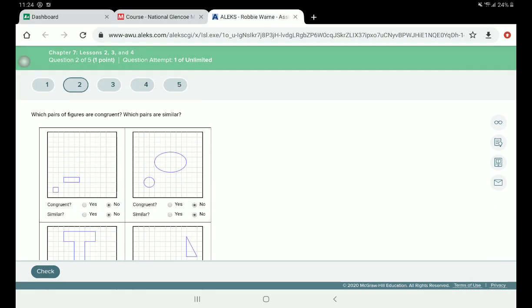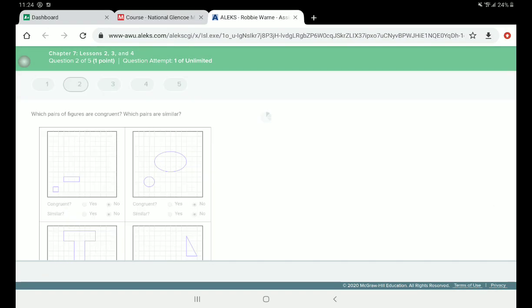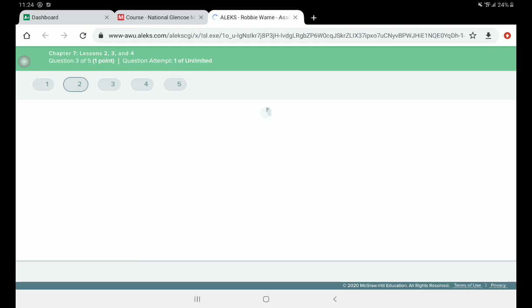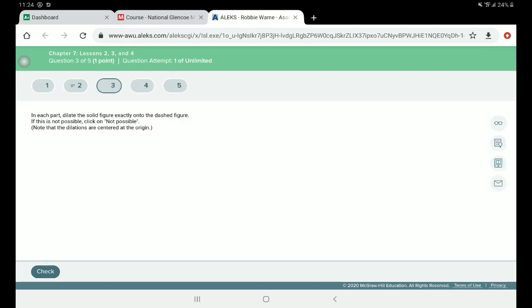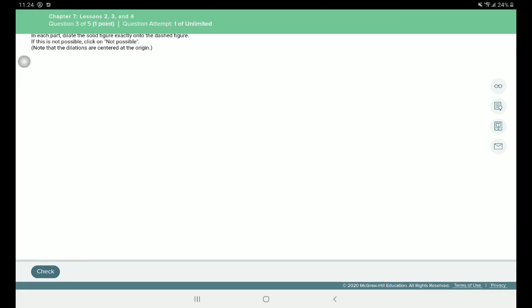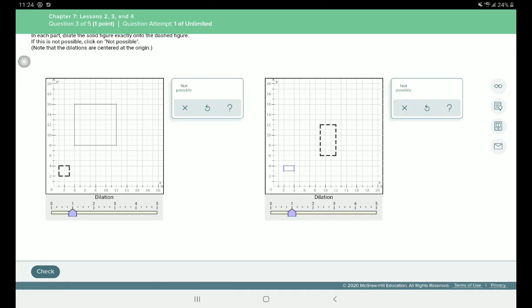With number 3, you have a dilation, and all you have to do is figure out if the dilated figure can match to the dashed figure. Okay, so dilate the solid figure exactly onto the dashed one. So if I